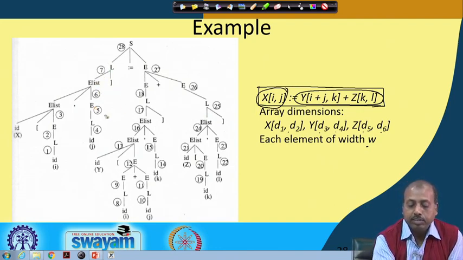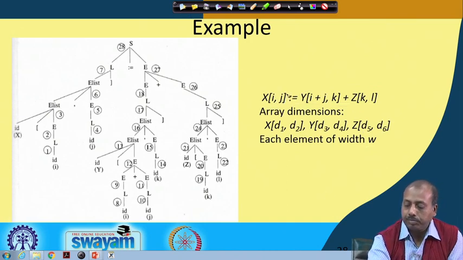Then this Elist is the last part; since it is Elist bracket close, this is the j bracket close part. I have to generate the first part, and for doing that I have Elist comma E.